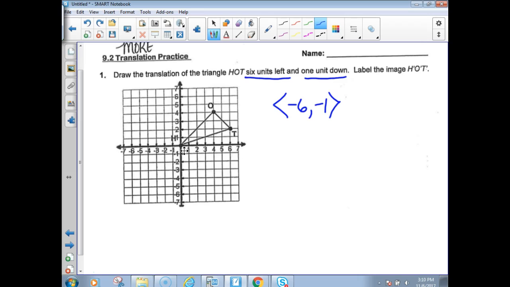Now, let's just move the points. Physically, left 6. 1, 2, 3, 4, 5, 6, and down 1. And then, of course, label the prime notation. By the way, on the quiz, labeling counts. If you don't label, you will lose points. You have to label things. O, 1, 2, 3, 4, 5, 6 left, down 1. And T,